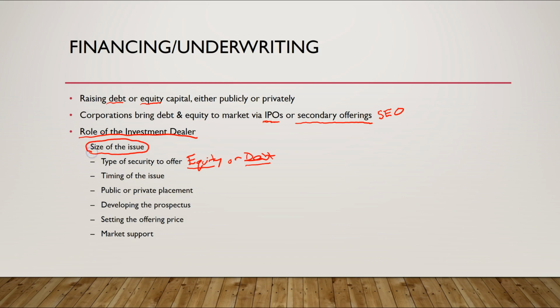Usually, for a firm, they know that they need X amount of capital going forward. But the investment dealer is going to know how receptive the market may be to different issue sizes. Maybe the market's not very receptive right now to a large equity issuance or a large debt issuance. They're going to have to give some advice to the firm trying to raise capital about, hey, this is the approximate size that the market's willing to take on right now. And that also ties into this third bullet point here, the timing of the issue. Again, the issuing firm trying to raise capital may not have their fingers on the pulse of the market.